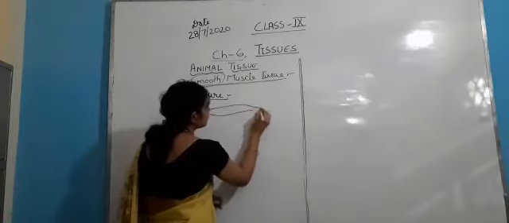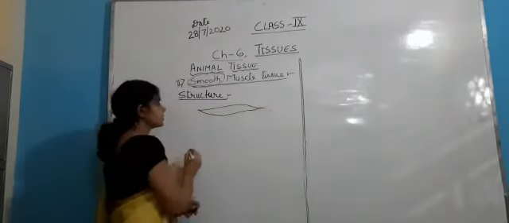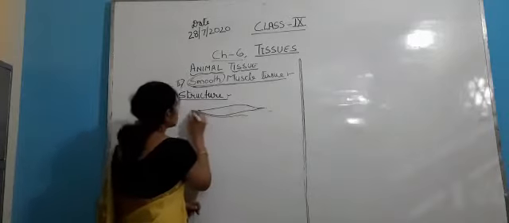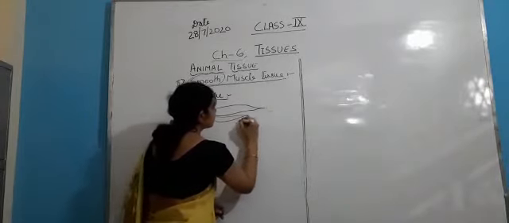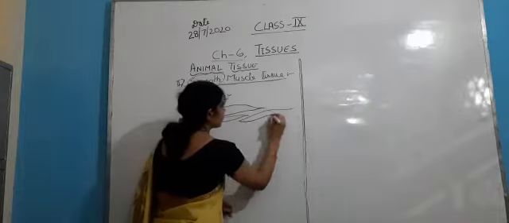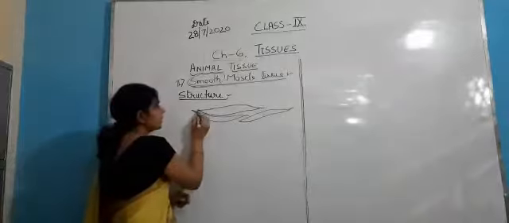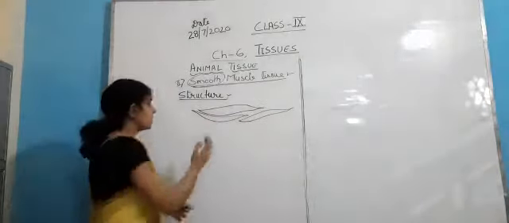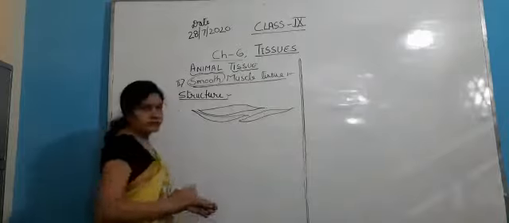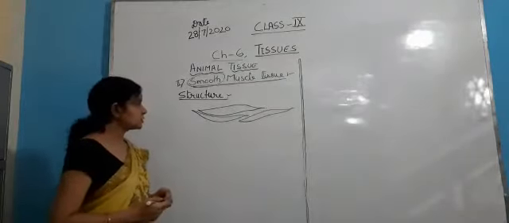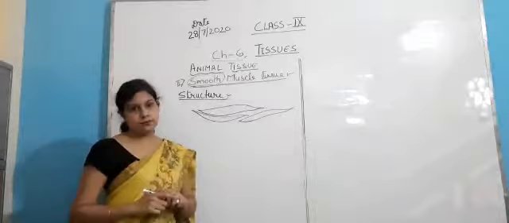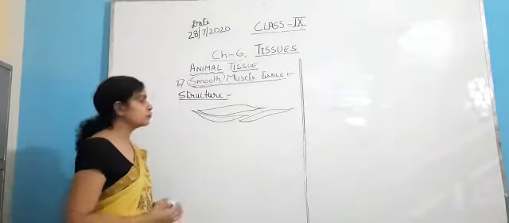See, the smooth muscle tissues are spindle shaped. Children, till now you don't know what a spindle shape is, and today I am going to tell you. Such kind of shape is called the spindle shape. Spindle shape means tapering at both ends. Tapering means pointed, pointed at both the ends. So the smooth muscle tissue structure is spindle shaped, tapering at both the ends.